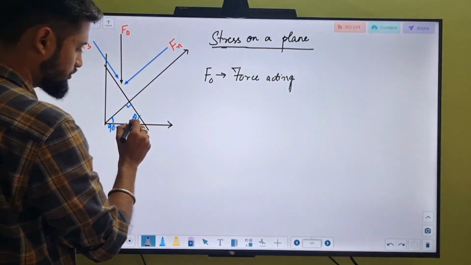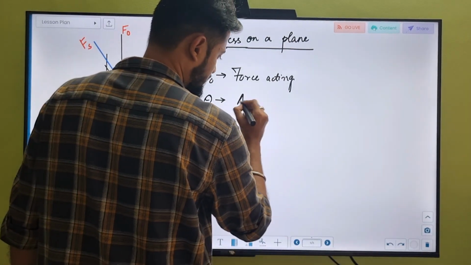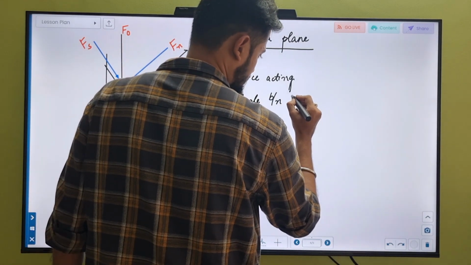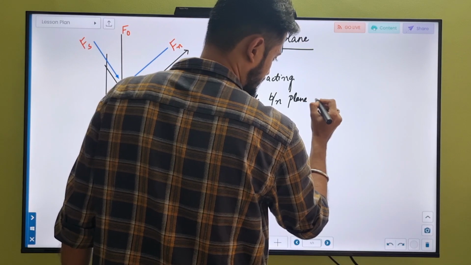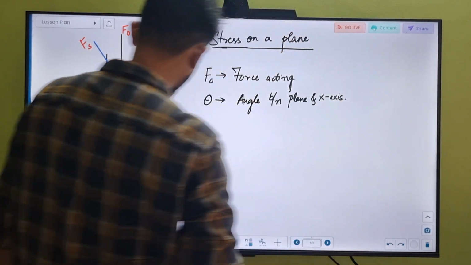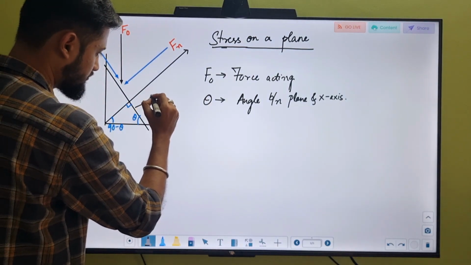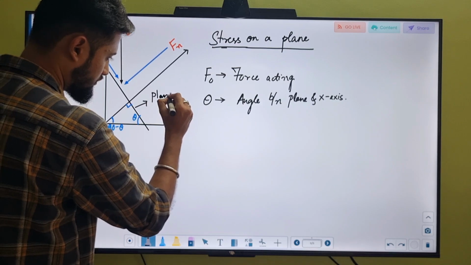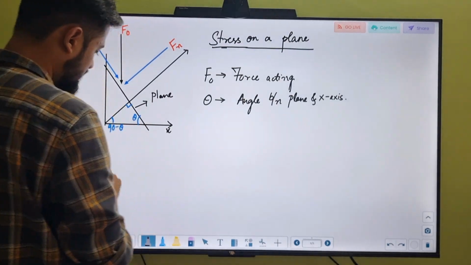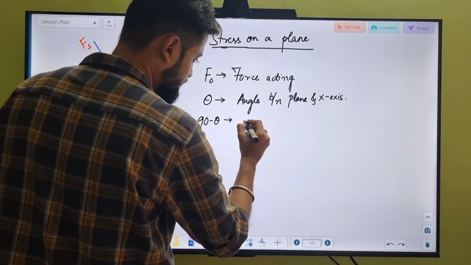Theta is the angle between the plane and the x axis. This is the x axis and this is the plane. So the angle between the plane and the x axis is theta, and 90 minus theta is the angle between